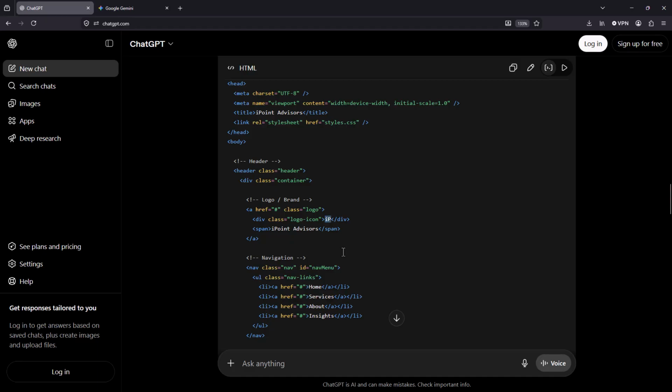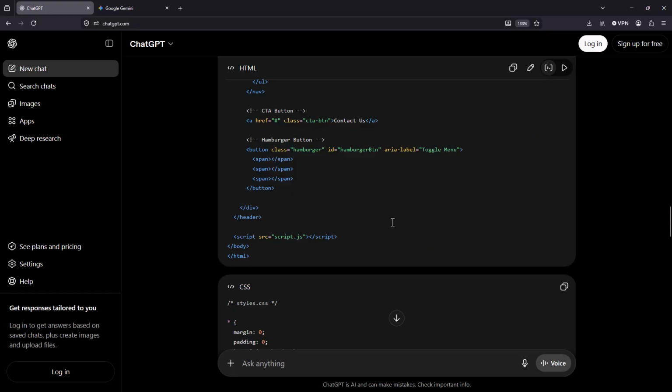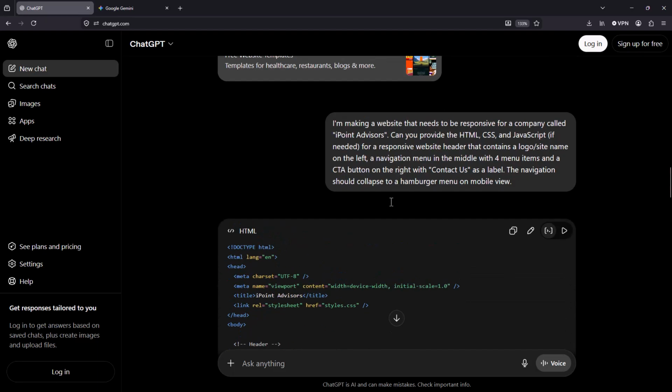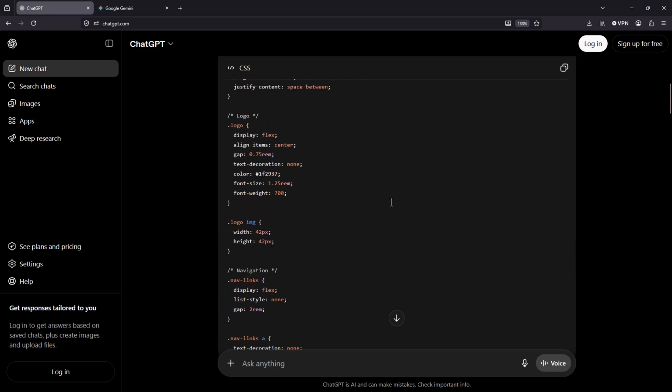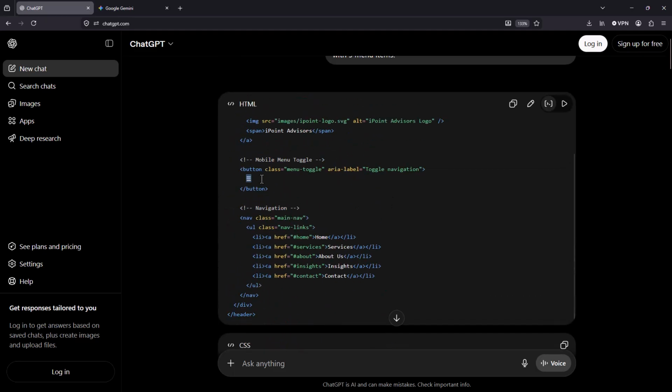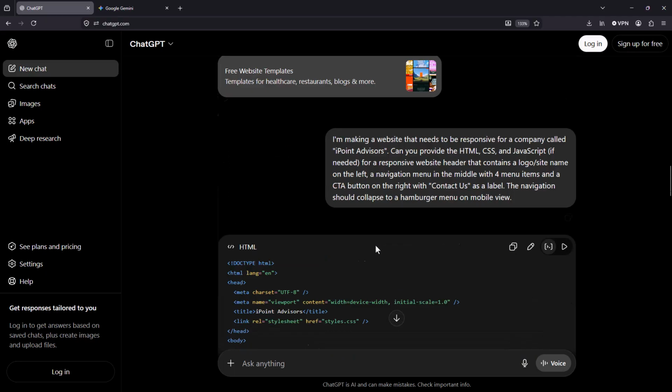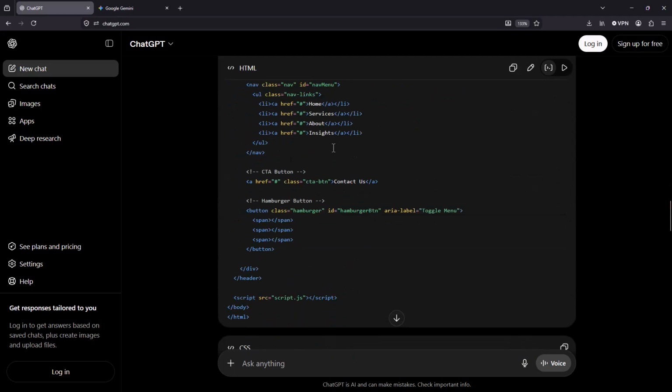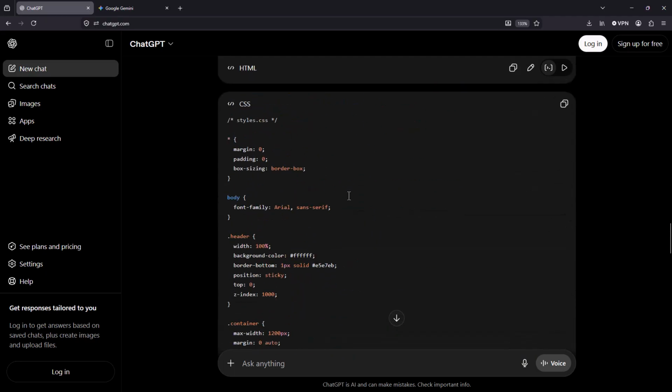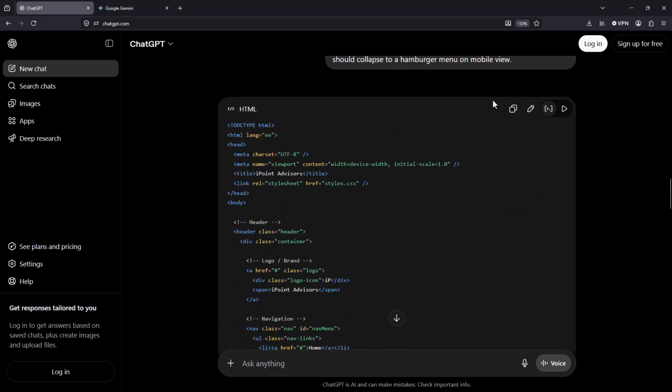style here. Now it has this logo icon which just says IP, which is interesting. It's doing the hamburger button, and it looks like the lines are being created with these span tags. So last time it generated one that actually just had these in it. So you can get some varying results here, but what I can do is take all of this content and